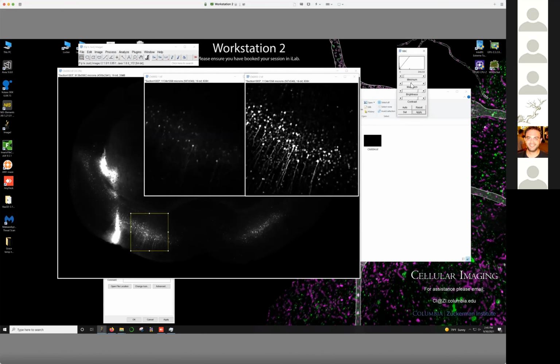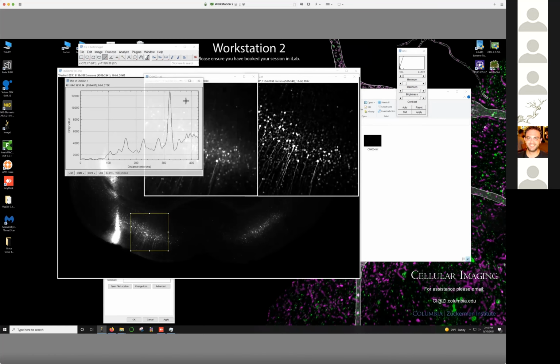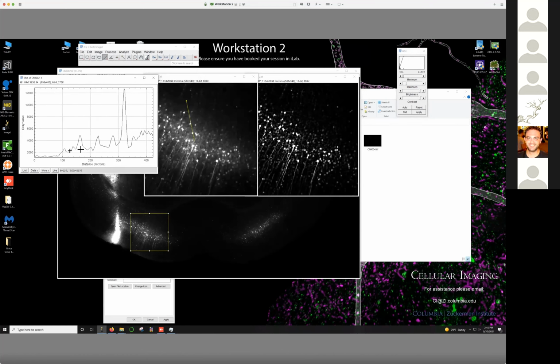It's gotten rid of a lot of the low frequency information in the image. A good way to visualize this is to draw a line through these cells, trying to get a more faint one. You can see this low frequency background that's increasing, but you can also see the peaks of the cells in this. If I was to look at that on the other image,